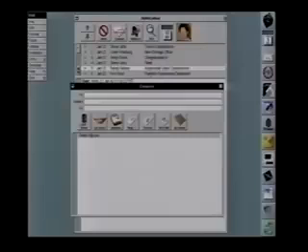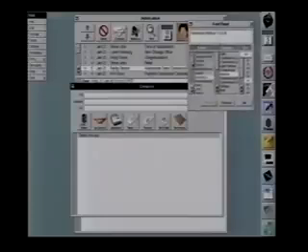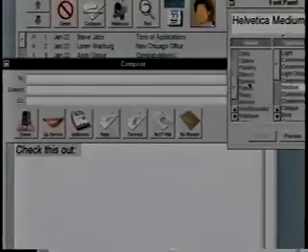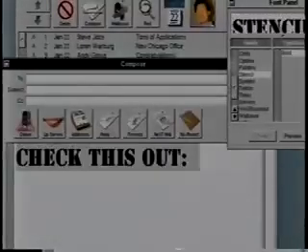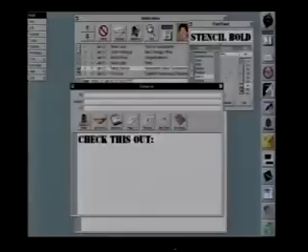And so we can read this more clearly, we'll bring up our font object. This is an object for controlling all the fonts in the system. I happen to have a lot of fonts in here. I can simply set Helvetica to a bigger font by pushing this. Or I can go down and get a font that I really like, which is Stencil, only comes in bold, but I'll say Stencil 36 point. Check this out. That'll make sure it gets read at the other end. And now I'll go to